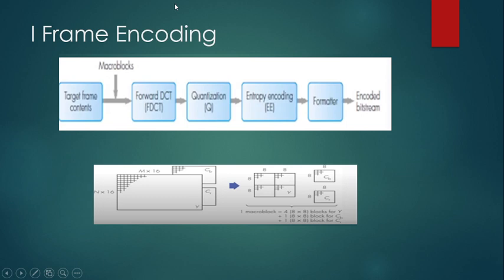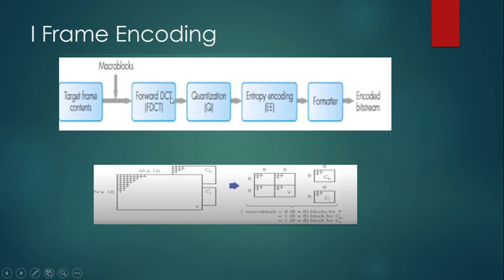First we know that there are 3 different types of frames: I frame, P frame and B frame. How do you do I frame encoding? We know that it is intraframe encoding, the same operation as that of JPEG. So we do not compare this I frame with any other frame. Just like how we did the JPEG, the same procedure is employed.